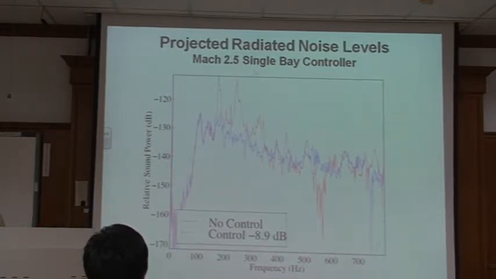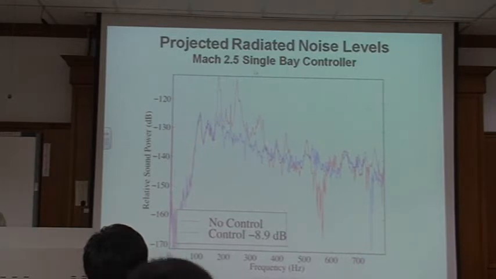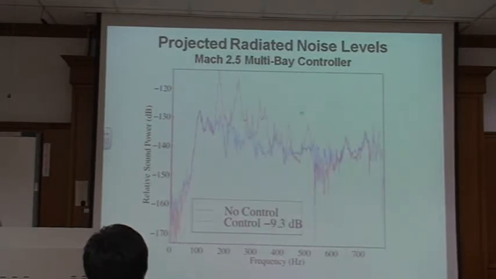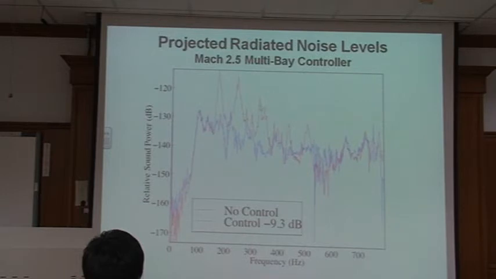The Air Force gives us only 5 dB, and we give them 9 dB. So that's even much better. We are almost double the requirement. And we can go up to 9.3 dB of noise reduction. The noise reduction means the peak is almost gone. This peak is almost gone. And this all comes from the aerodynamic